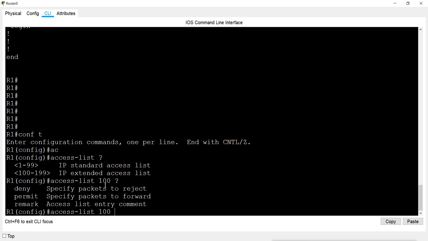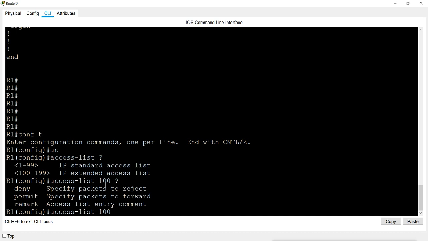That means if you want to block 10.0.0.1, and if you want to allow the whole 10 network, then first you will block 10.0.0.1 and then you will allow the whole network, because it goes by the sequence, from top to bottom, and when the entry matches, it will apply and it will not look for the other entry. So whether you deny in another entry, it will not deny, it will allow. So sequence is very important.